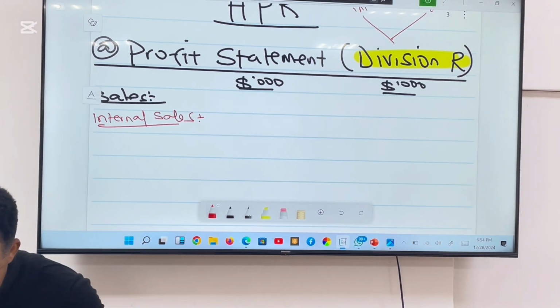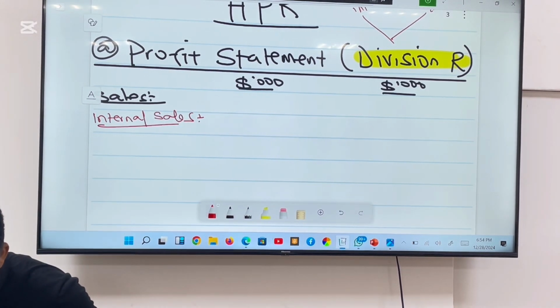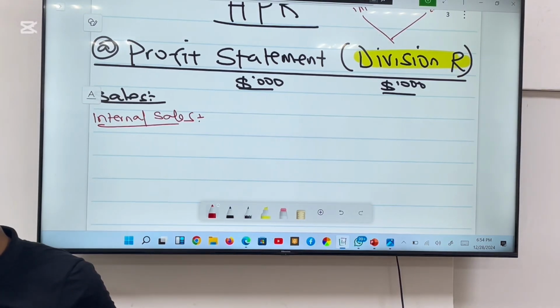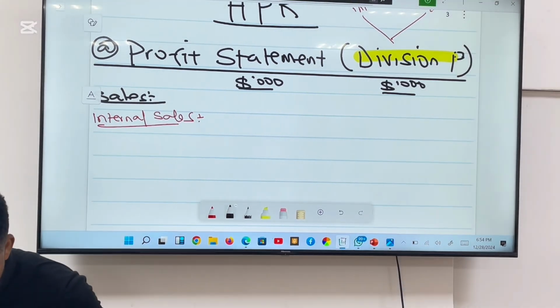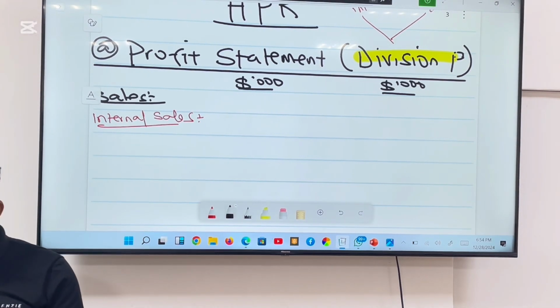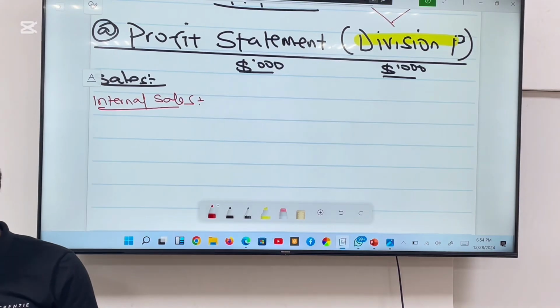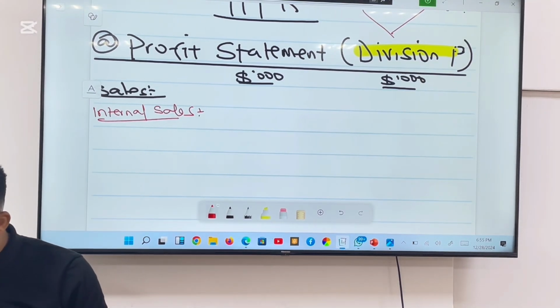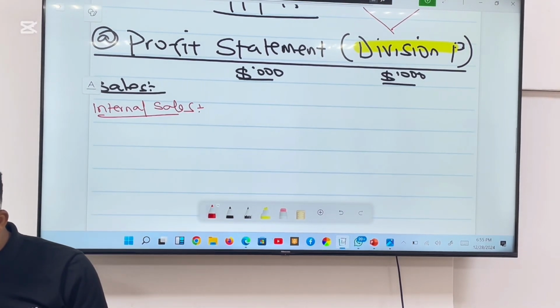All I will do is simple here. I will go to the requirement. Sorry, this profit statement is actually for division P now, which is the selling division. They told us that the demand from division R for processed coffee beans is 625 tons. So division R is requesting 625 tons from division P. So our internal sales here is 625